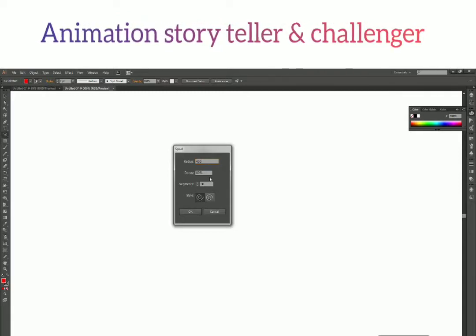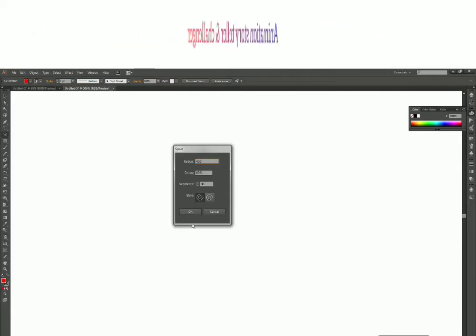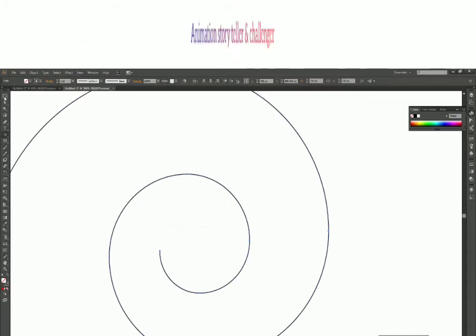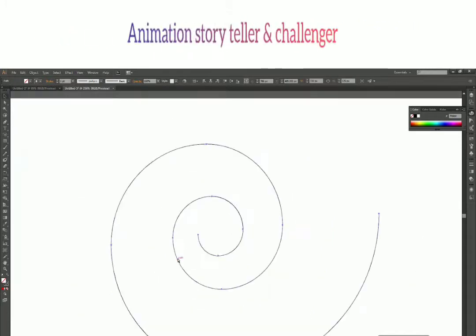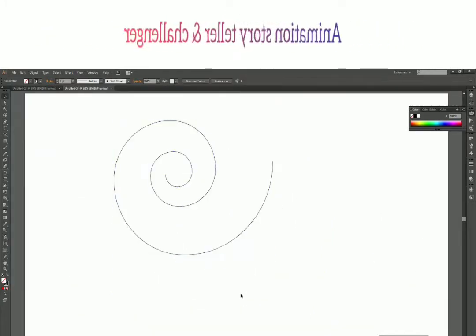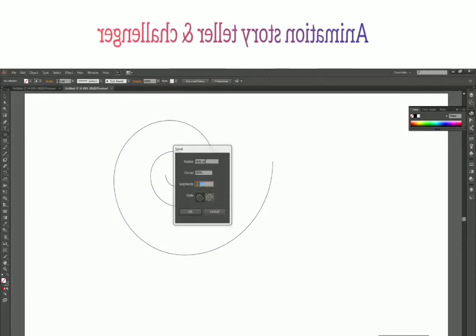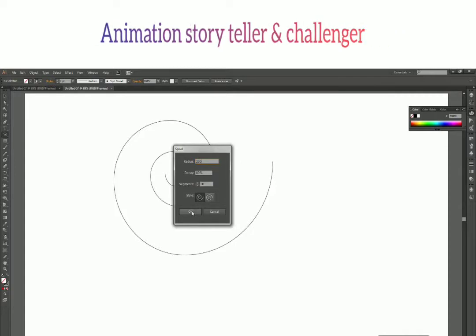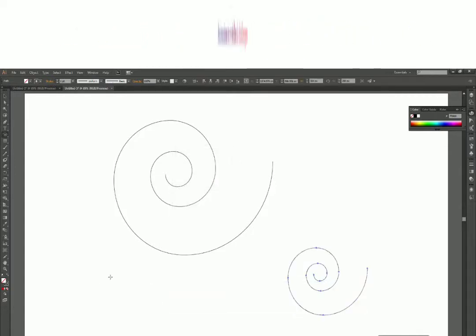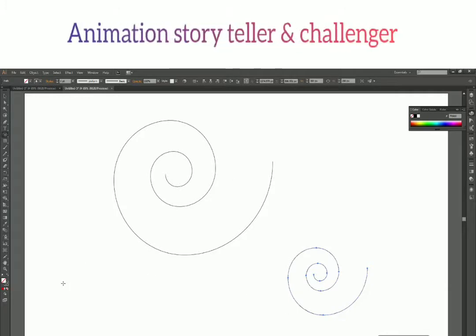So let's just leave all these settings right now, just change the radius and press OK, so that we know how radius works. Again, let's create another spiral and make radius 200 pixels. Okay, so yeah, that's how radius works and this is the default spiral you get every time.